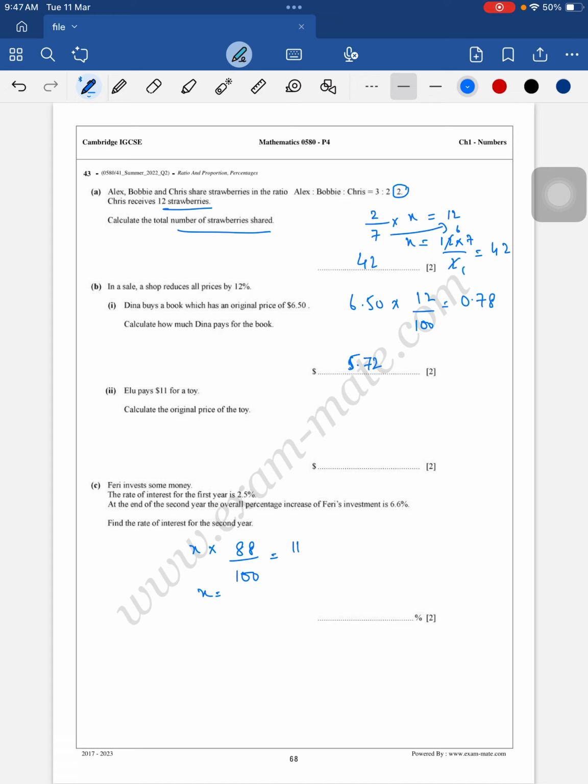So x is equal to 11 multiplied by 100 upon 88. Simple calculation, 11 multiplied by 100, that is 12.5. Sorry, I'm doing it here. Okay, 12.5. Actually, space was less over there, so I solved it over here. Okay, so now,